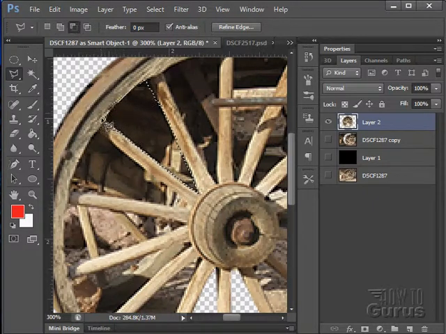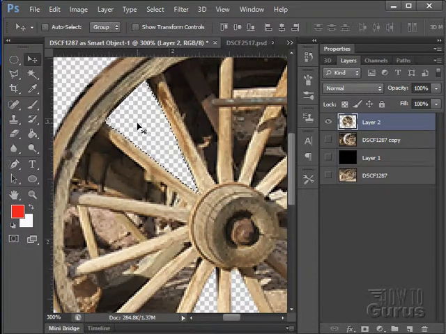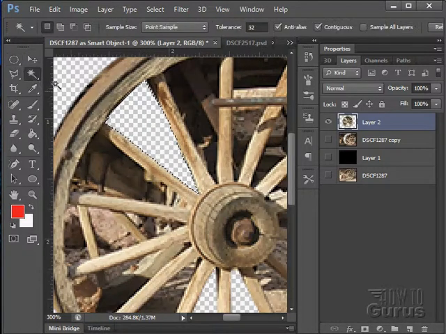So let's just do that quickly before we move on here. I'm just going to come down just a little bit. I think that was cutting in just a little too much onto the wheel. And then just click around here, finish that off, and there's our new selection. Hit the delete key, and there we go. We've now deleted out that section. And again, using two techniques,